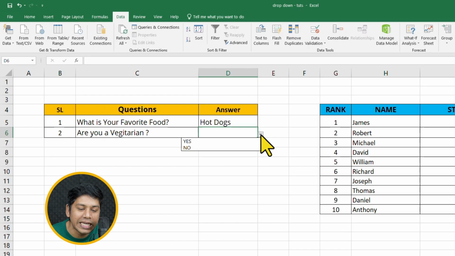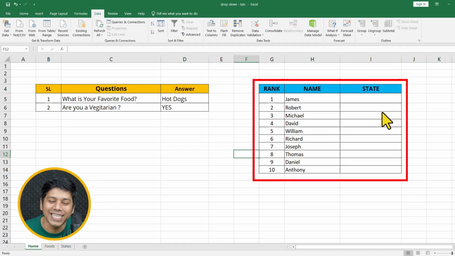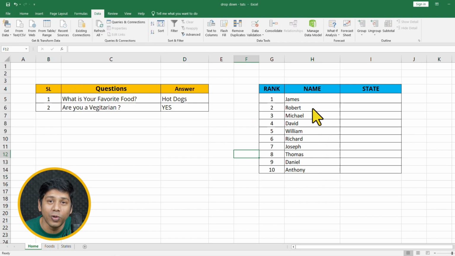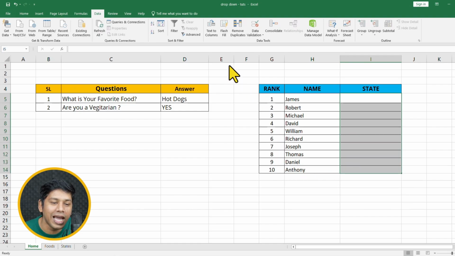and I'm going to click here, and here you can see the value yes or no. So I'm going to select yes. Okay, now come over to the right side. Here I have got the members, and for each member I will have to show the drop down list of the states. So what I can do, I'm just going to select all the cells, all the 10 cells, and